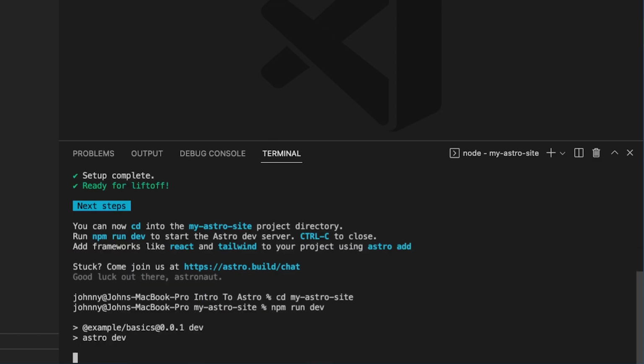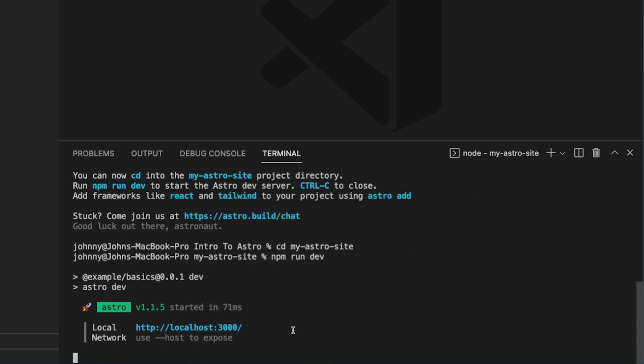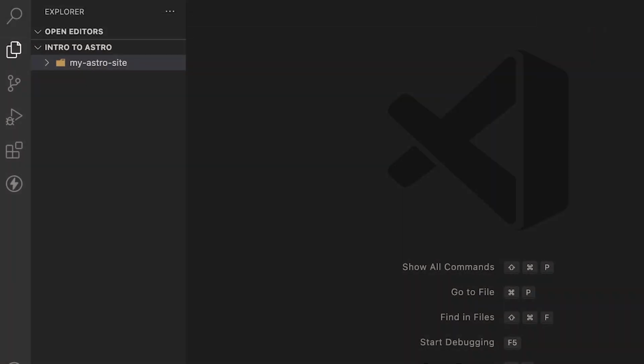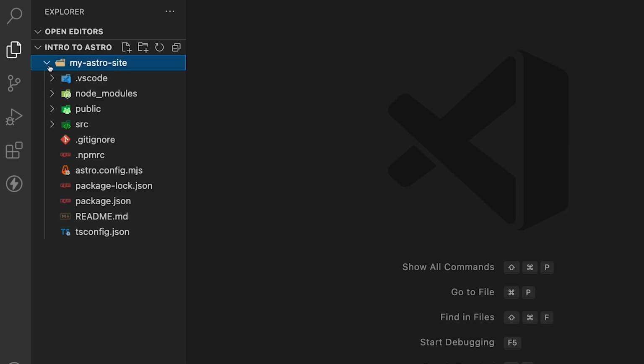This will spin up the application on localhost port 3000 by default, and if we take a look at this URL inside of the browser, we can see the default Astro application. With the project up and running, let's take a look at the structure of an Astro app. If we expand the project folder, we have a few notable directories and files, such as the source directory for the project source code, the public directory for unprocessed assets such as your images and icons, and then the package.json